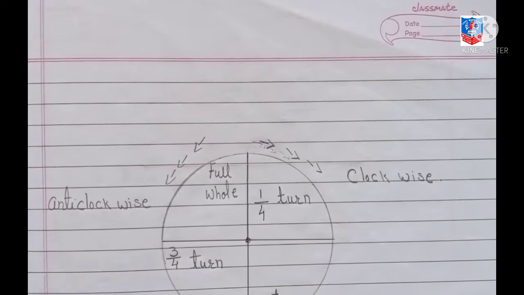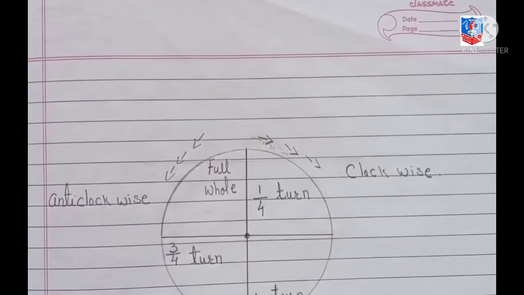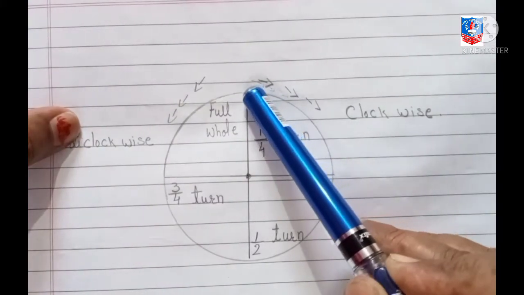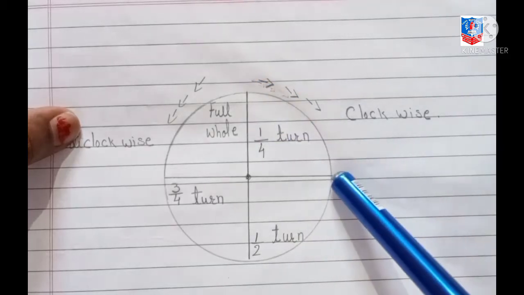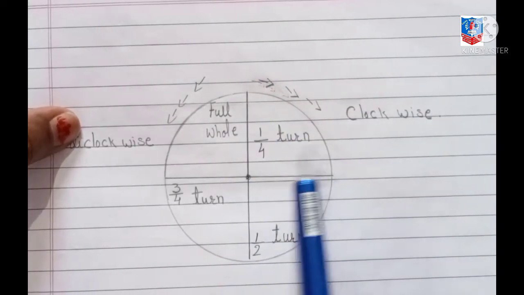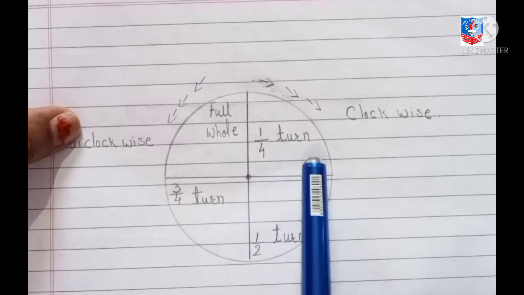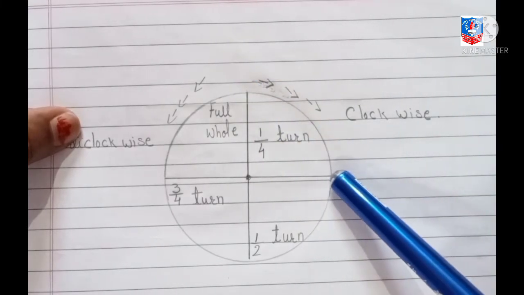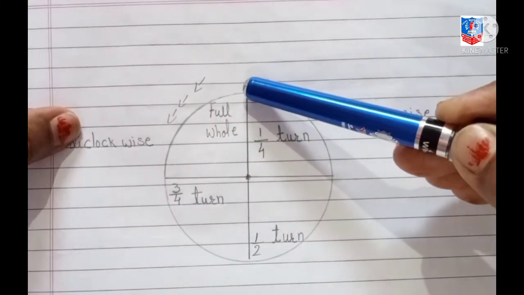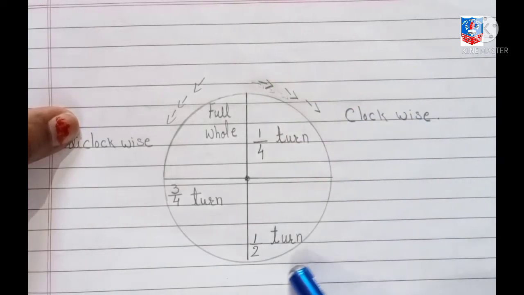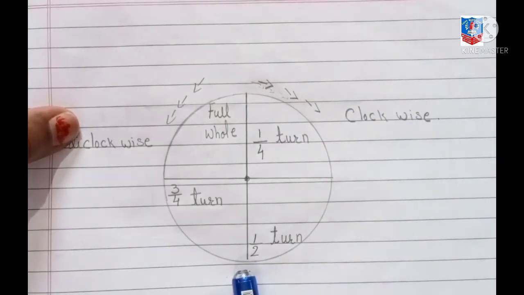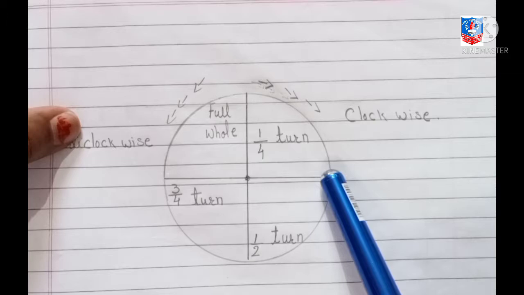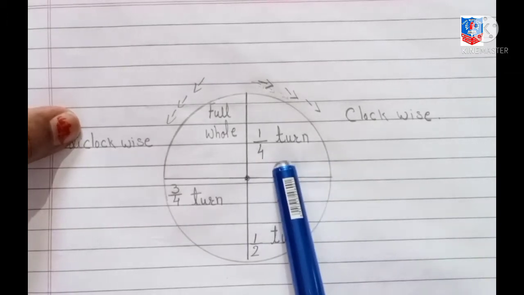Before starting our exercise, let me explain what rotation is. Now see, when I rotate from here to here, we can call this a 1/4 turn. Okay? Yes, a quarter turn. Now, from here to here, this is a half turn, that means 180. From here to here is 90 degrees, or a quarter turn.